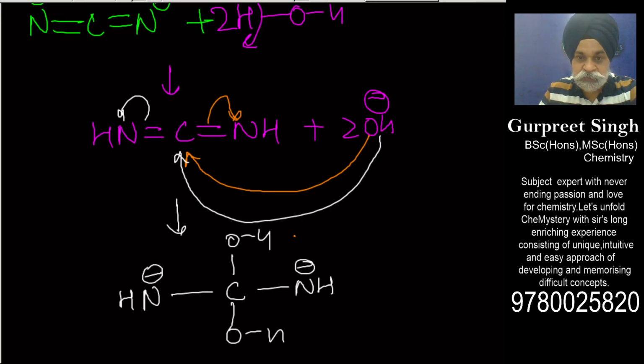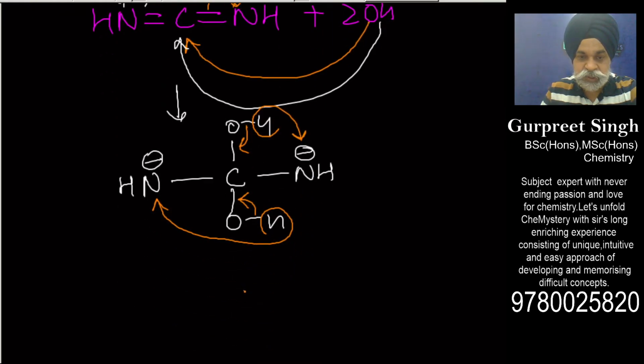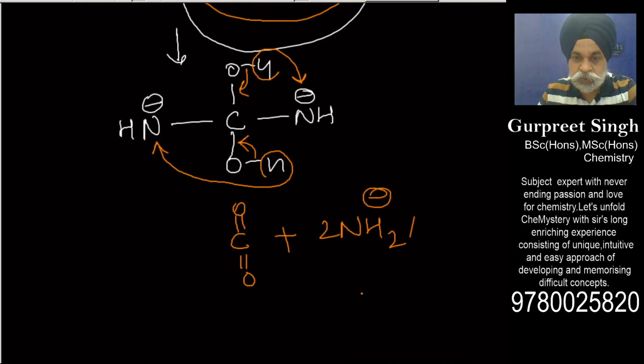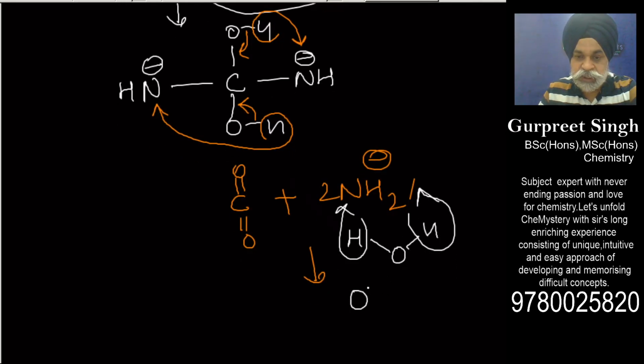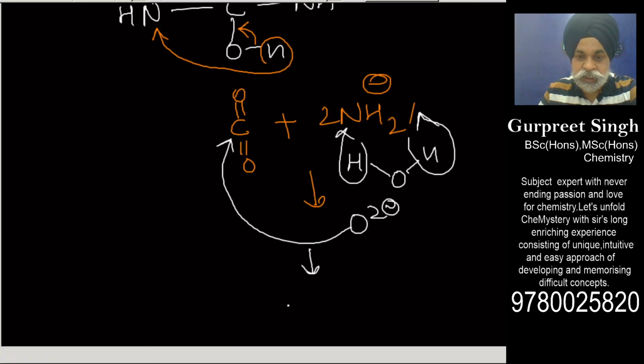Now what exactly do we get here is this H positive goes here and this H positive goes here, and you can bring it down and these two go out. These two go out and you get carbon dioxide along with 2 NH2 negative. Now if you place two water molecules, or one water molecule, into it, it will snatch out these two H positive. This also goes to this, and you end up getting two O2 negative, which attacks it, and you get a carbonate ion along with 2 moles of ammonia.